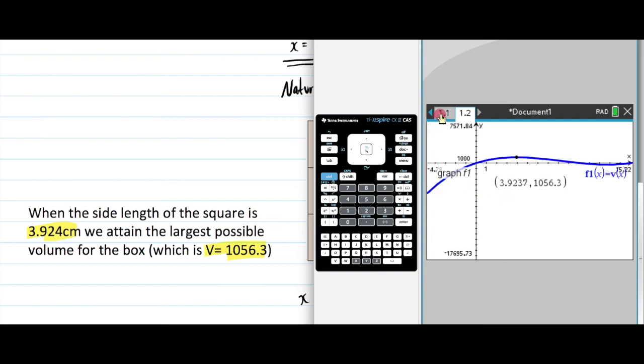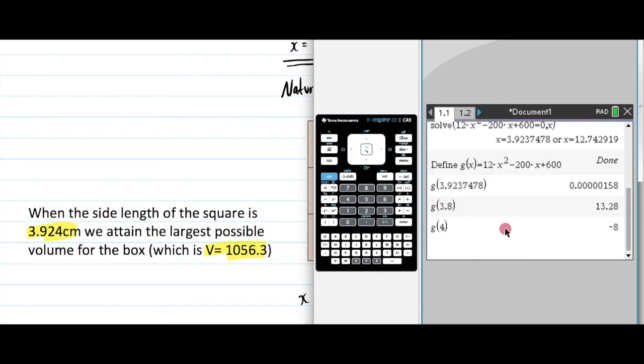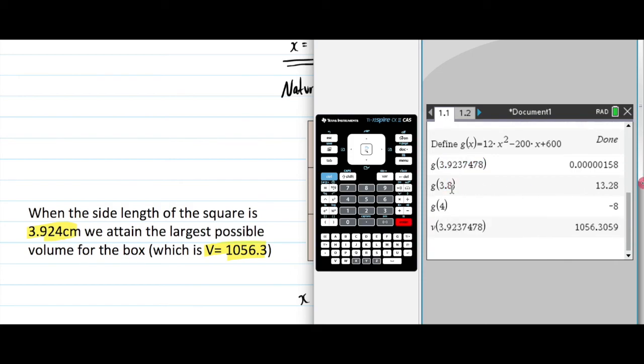And the other way that we could do it is we could come over here and we could go v of and put in this value right here. We could put that value in. And by doing that, we get that number out, 1056.3, right there, by putting in that value. So that was our stationary point. It's our maximum point when x is that. So in other words, when the side length of the square is 3.924, we're going to get the largest possible